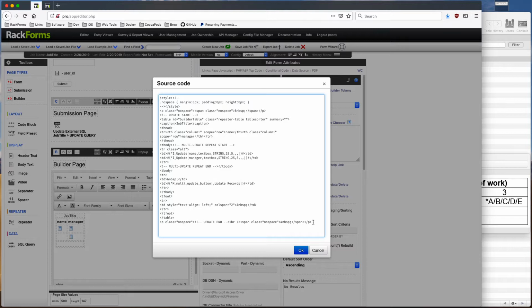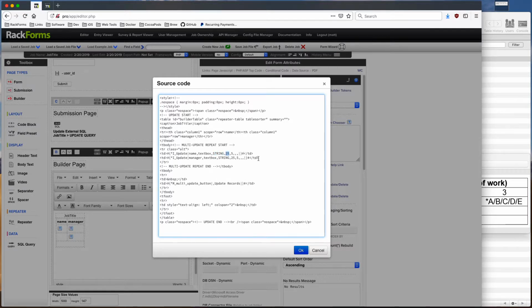Like RackForms went in, it grabbed a 3-column template, and it sort of filled in some of these fields. And really a template is just HTML and then these placeholders from our interesting items. In this case, this is a token that says this is an update field that looks at the name field, puts a text box in there, it's going to edit a string, it's going to make it 25 characters long,